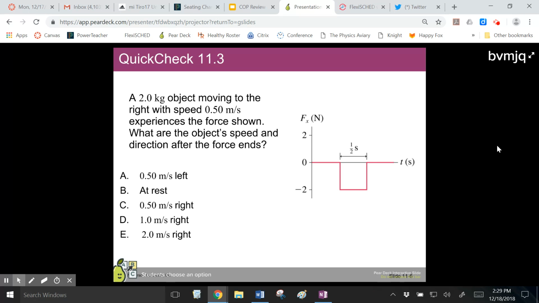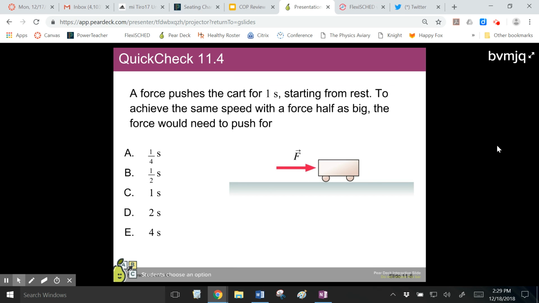I wish teaching was telling, because then you'd get that all right tomorrow, but hey, such is life. A force pushes a cart for 1 second starting from rest. To achieve the same speed with the force half as big, the force would need to push for